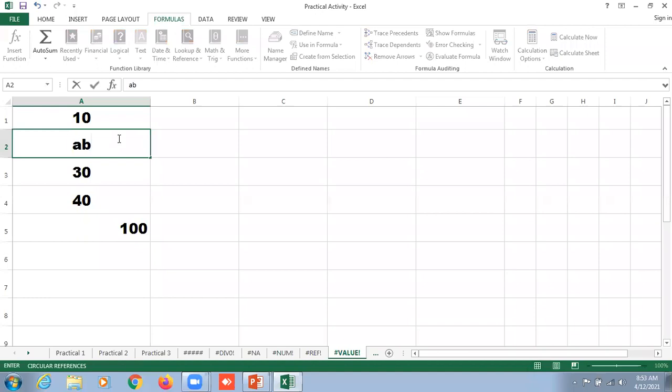In that case, when we hit enter, it says value error because it says that I am capable of adding 10 with 30, I am capable of adding 30 with 40, but sorry to say that I am not capable of adding 10, AB, 30 and 40, because we are not supposed to add alphabets along with numbers. That's why this error is displayed on your screen.